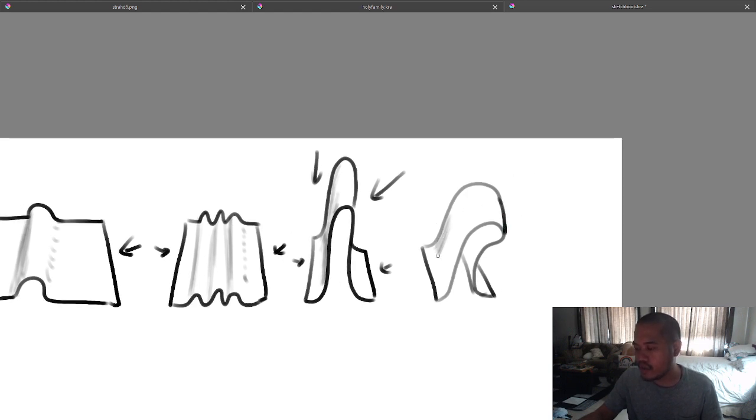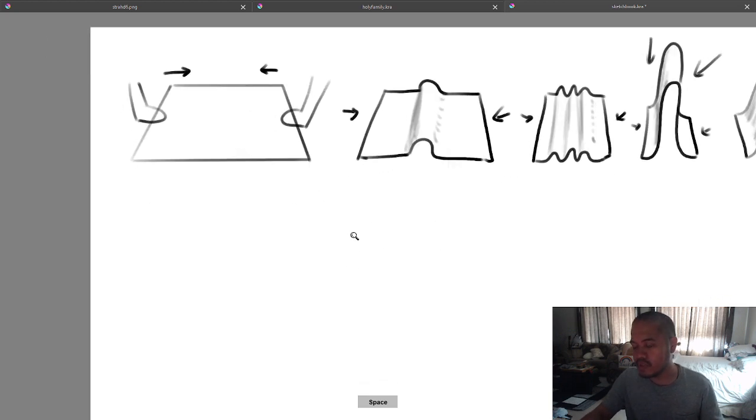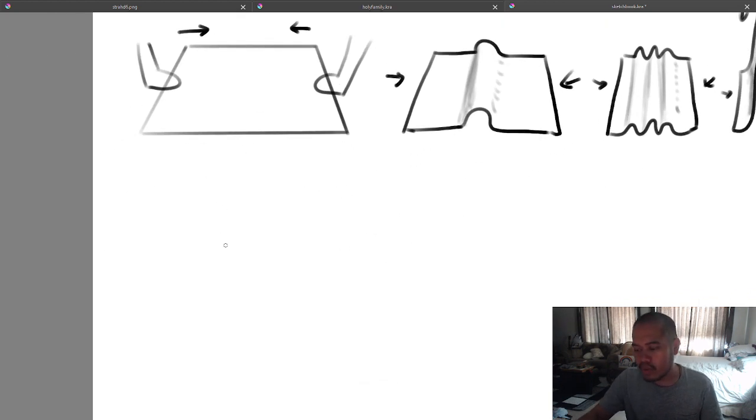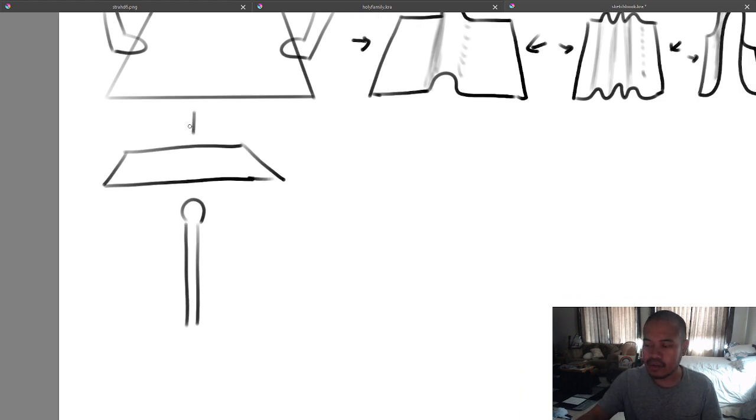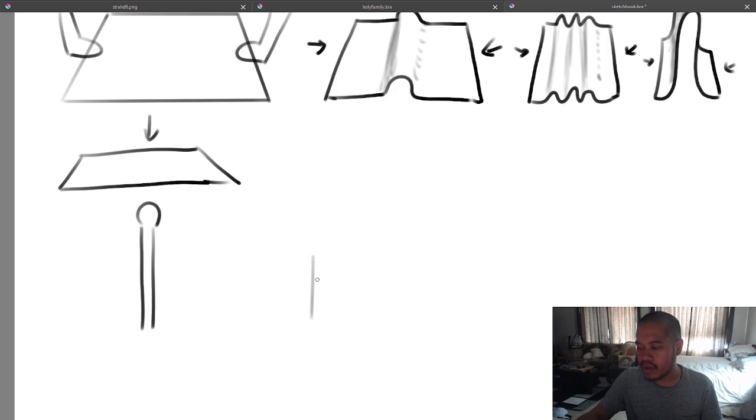So when we're talking about folds in clothes now, let's keep it simple. Let's keep it to a square cloth. What would happen if there was a pole here? There's a pole, and this square cloth was going to fall on top of it, right? It would just fall straight down on top of the pole. Well, it might cover the pole, and then it would hug the roundness of the pole right there, and then the four corners would drop,